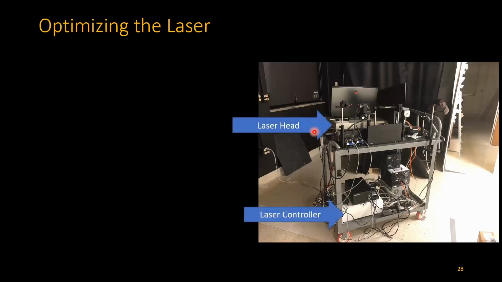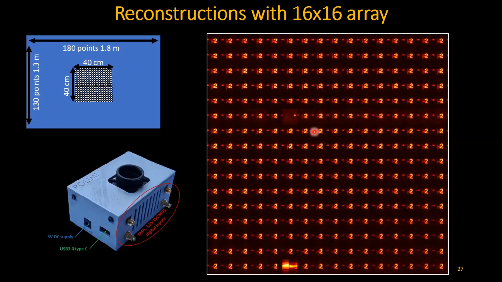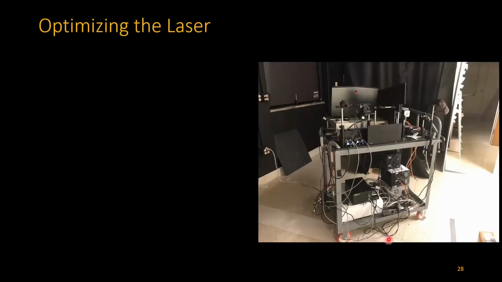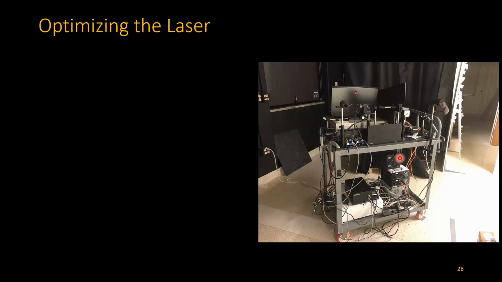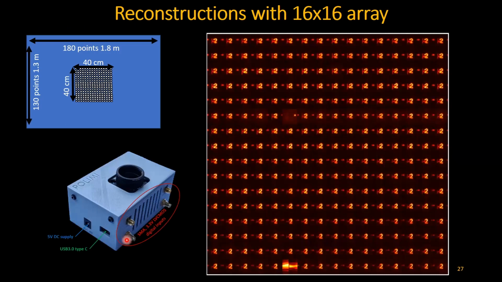So here's the laser head, laser controller. This is basically optimizing the detector, and a lot of the electronics on this card here, all this is all the controllers for the SPAD array. This is, I think, the HydraHarp that does the counting. All of that is now inside this gray box here. That's all an FPGA, and it's just a USB that directly connects to the computer.